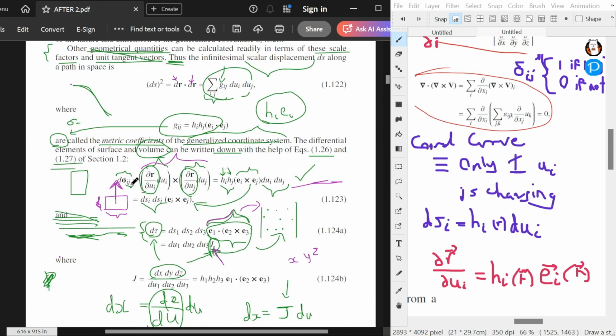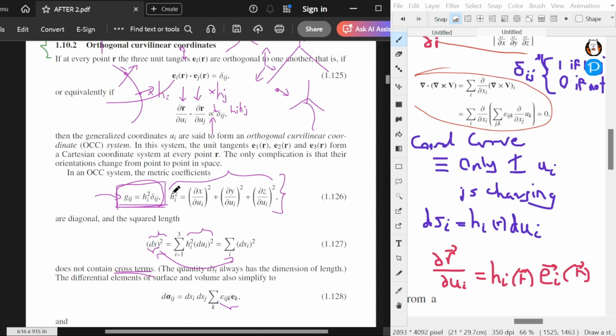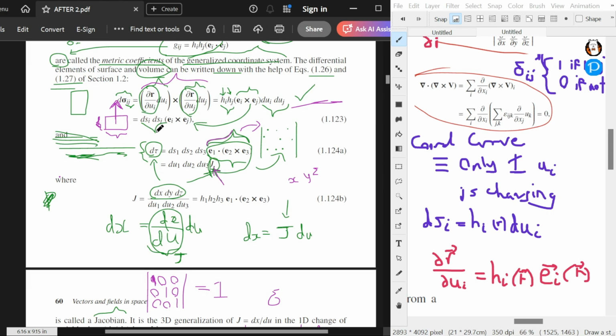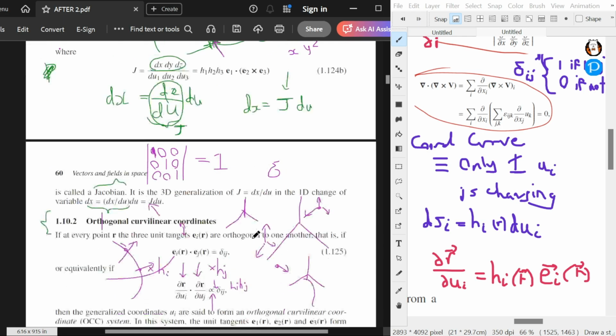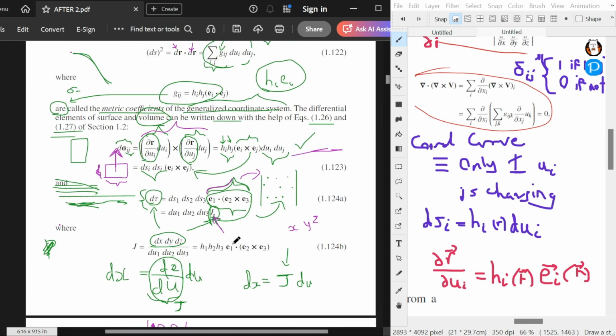Let's go back up here. dsi dsj. Then we have the cross. And nothing has changed at all here. Okay, and the tau equals ds1 ds2 ds3, where